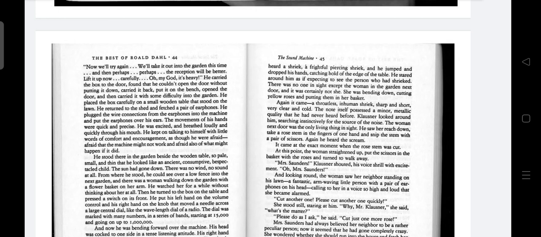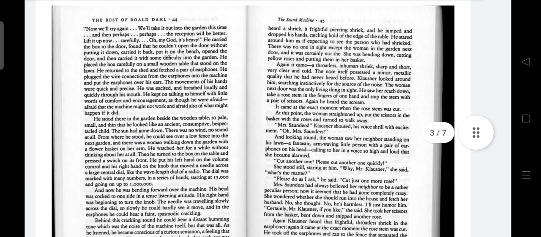So the sound he heard was the sound that the plant or the flower made while getting cut. So the machine he invented, he made it with the intention that he had a mind to hear all sorts of sounds, not limited to only animals. It also dealt with plants.